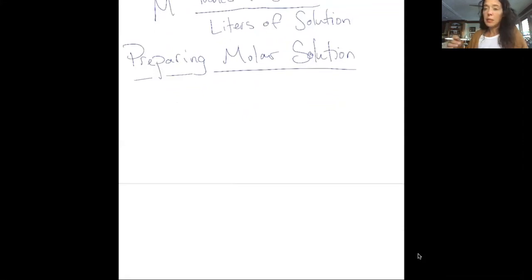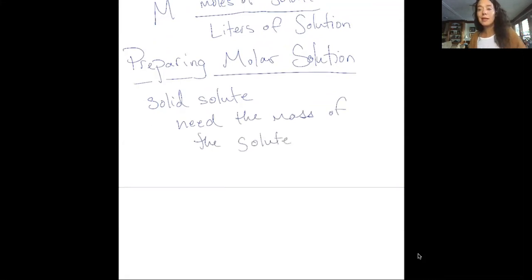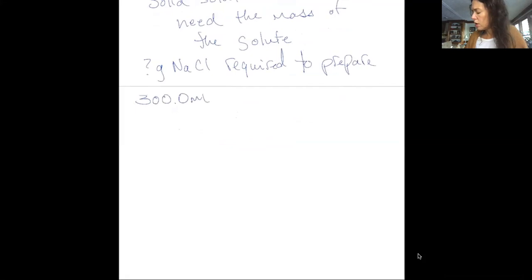So how you're going to make it depends on if you have a solid solute versus a liquid solute. If it's a solid, you need the mass, right? Because I'm going to take that solid, put it on a scale, mass it, and dissolve it in a certain amount of liquid, okay? So let's say how many grams of NaCl are required. I keep using NaCl because it's simple. We know the mass in our head. Required to prepare, let's say that I need 300 milliliters of a